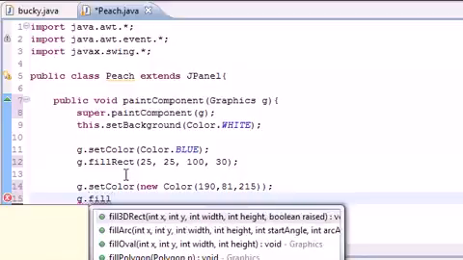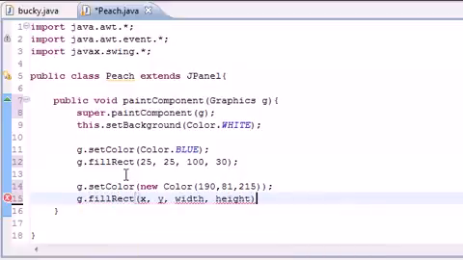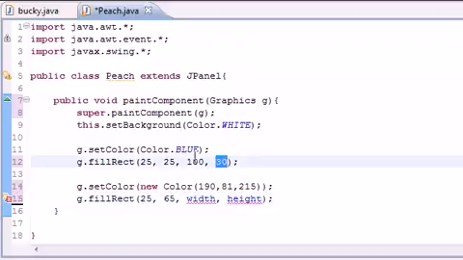So g.fillRect, and again we have to fill in all our parameters. So where do we want it? We can't have it start in the same place. So let's have it start at 25 over, but we'll have this one go 65 down, since this one ends at 55. So again, this is